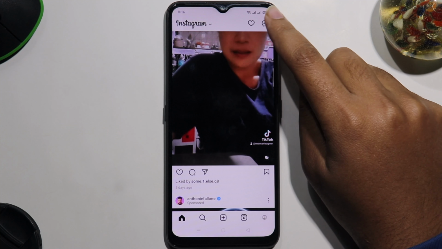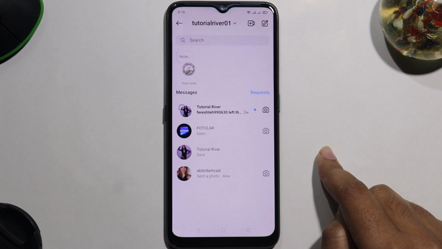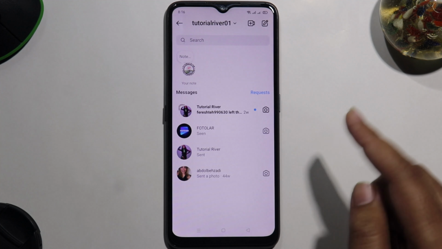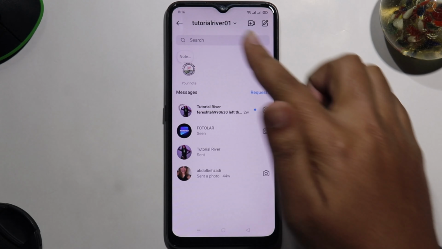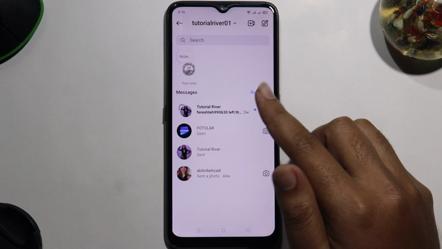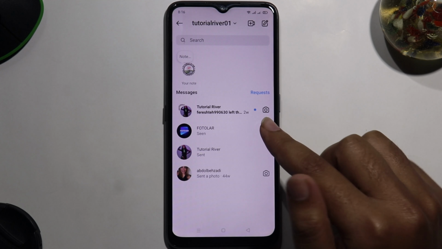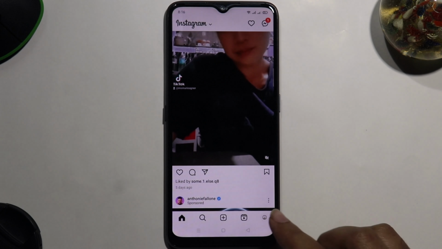Click onto the message icon. But here is no option to select all. So first of all, you need to just